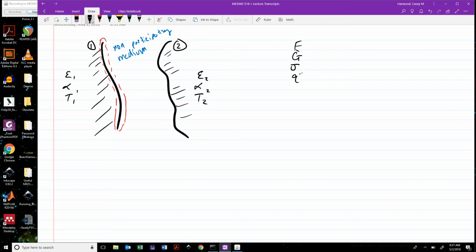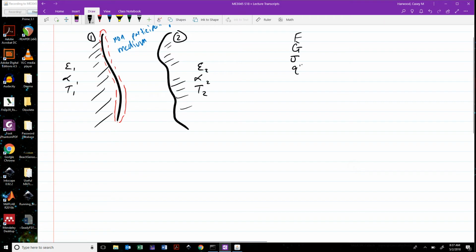And so q double prime due to radiation, we would say, is equal to J minus G. So if we wanted to figure out what Q of surface 1 is, that is the heat transfer out of surface 1, we would say this is equal to A1 times q double prime 1, or A1 times (J1 minus G1),